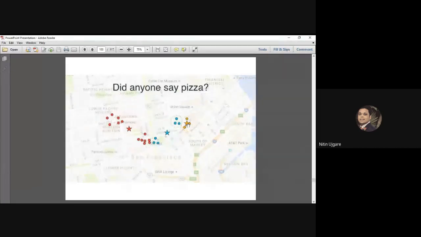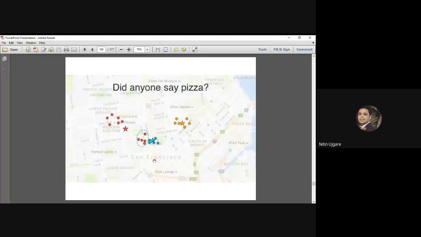So we are merging these 3 houses into the yellow houses, and again we recalculate the location of the yellow pizza parlor. So we move the yellow pizza parlor to the center of the houses, and the same process will be repeated for the blue pizza parlor as well as for the red. Now, after doing this, in this step, I observed that these red houses are close to this blue pizza parlor.